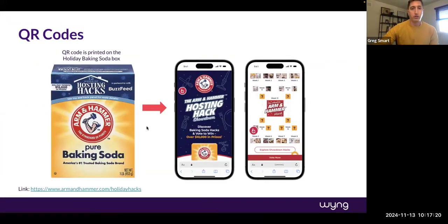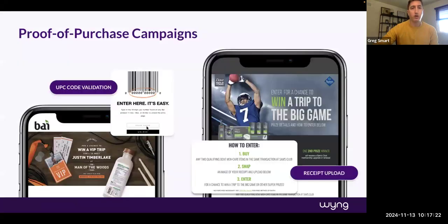So those are QR codes. A few other examples that we've seen for retail are proof of purchase campaigns. Now, we can handle proof of purchase campaigns in one of two ways. One is a UPC or just front-end code validation, kind of like your under the cap